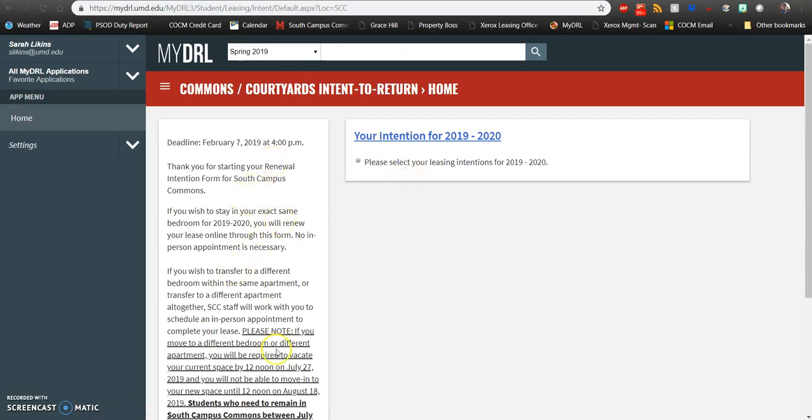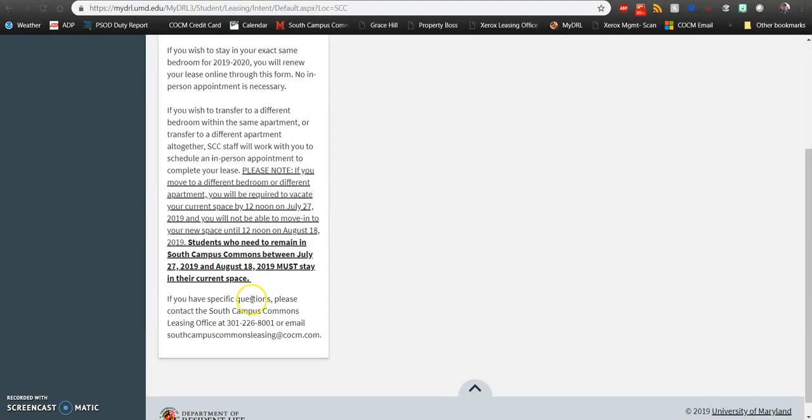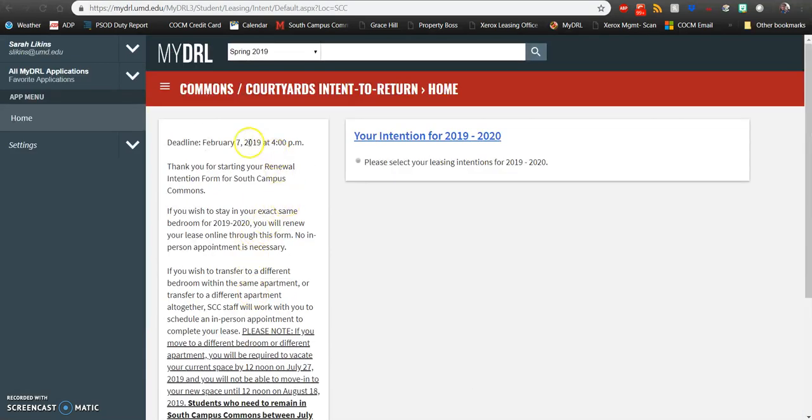Once you're on this page, you'll see some information about the renewal process and what different things mean within it. The biggest thing to note is that the deadline is February 7th at 4 p.m. So you'll want to make sure that you get your intent to renew form in, and that if you have any pull-ins, they have also either completed their intention form or they have completed a leasing application for South Campus Commons in the courtyards. So once you get to this screen, you'll want to click your intention for 2019-2020,